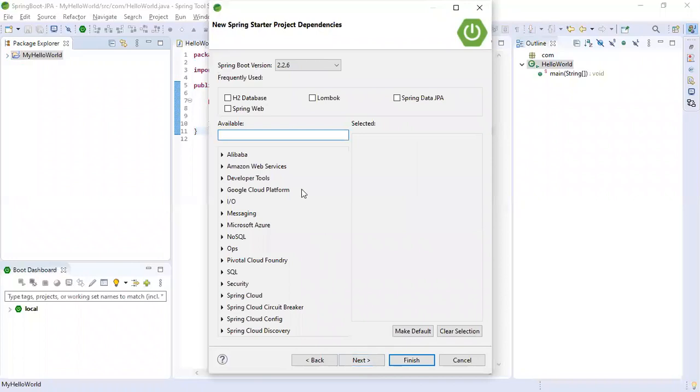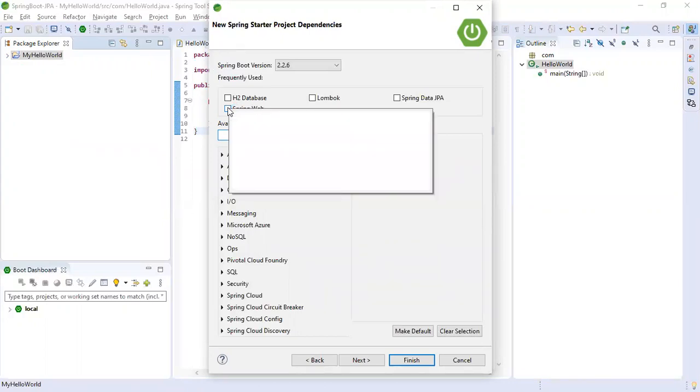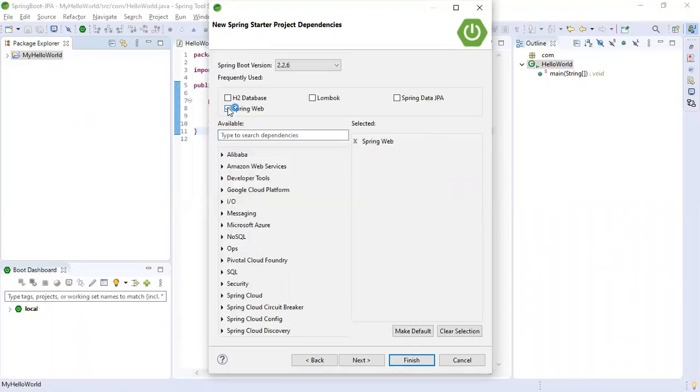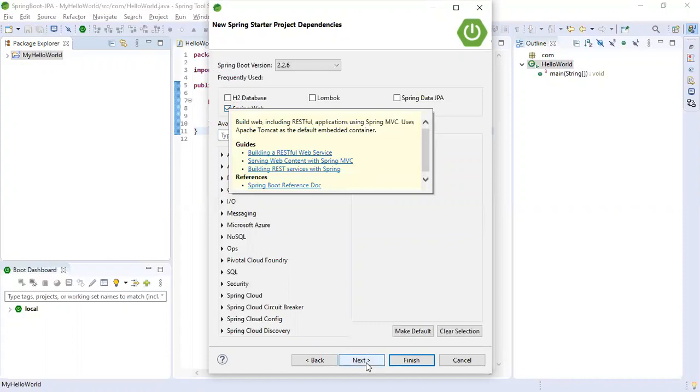So here are the inbuilt things. Spring is a very powerful framework. You don't have to worry about the different jar files. You have to mention what you want, and automatically it will deploy everything. I will explain how it works. So I'm going to create a simple web project. So I will select Spring Web. That's all. Okay, so next. Only web.